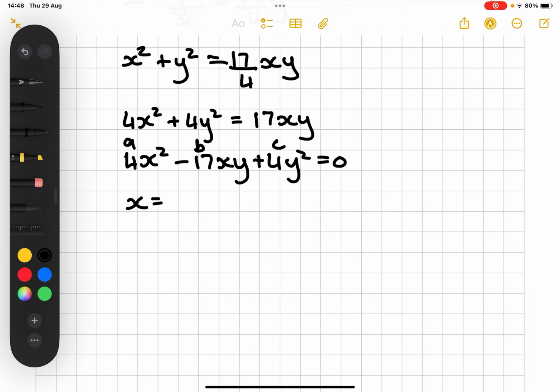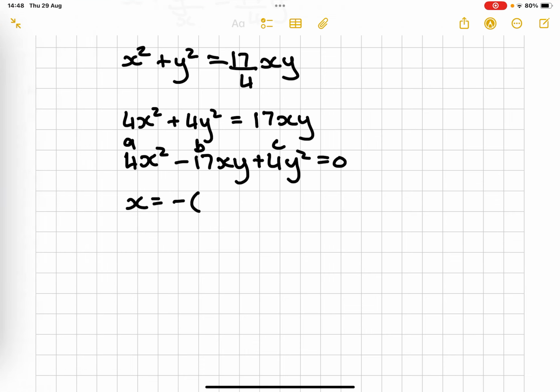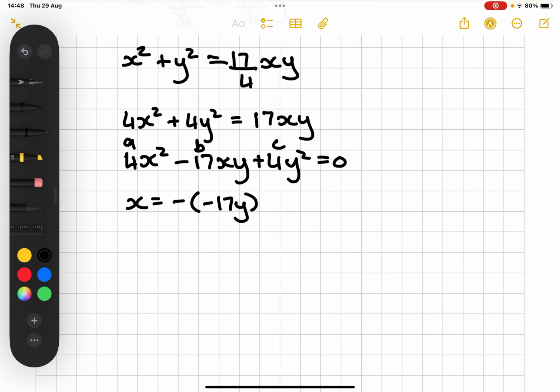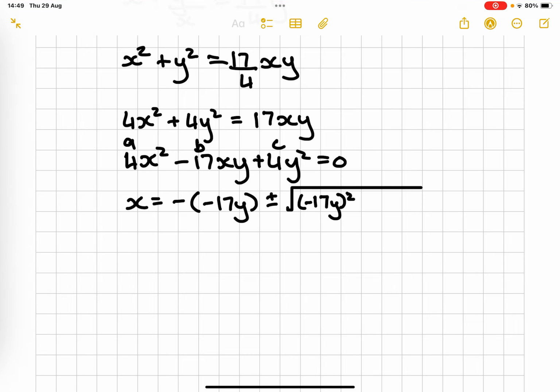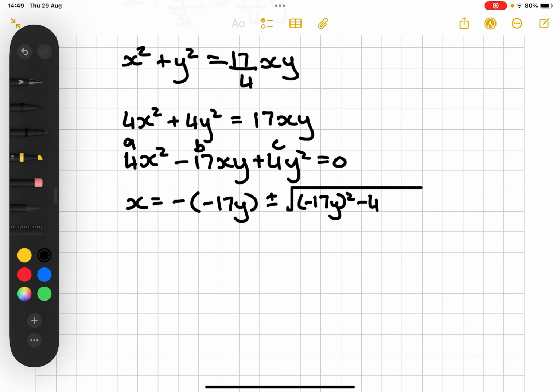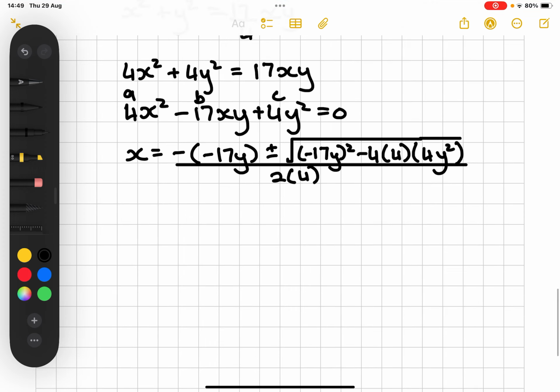So x is therefore going to be equal to negative negative 17y plus minus the square root of negative 17y squared minus 4 multiplied by 4 multiplied by 4y squared, okay? Now, all of that is going to be the numerator, and then your denominator is going to be 2 times 4. Okay, so now I'm just going to do a bit of simplification, which leaves us with 17y plus minus,